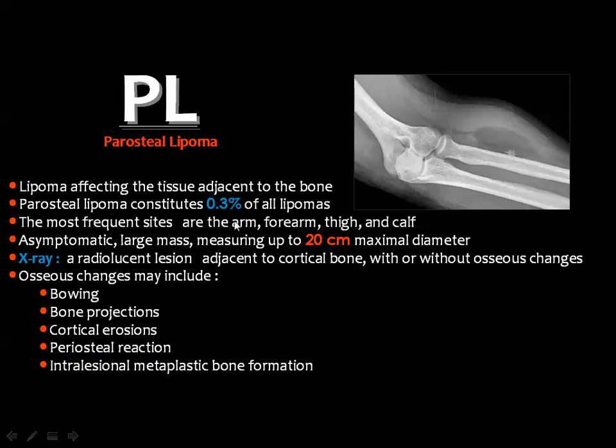Its incidence is about 0.3% of all lipomas, frequently seen in the arm, in the forearm, in the thigh, and in the calf. It is usually asymptomatic and may reach a large size, about 20 centimeters in diameter. X-ray will show a radiolucent lesion like this one, adjacent to the cortex of the bone with or without osseous changes. The osseous changes may be in the form of bone projections like this, cortical erosion, parosteal reaction, intra-lesion